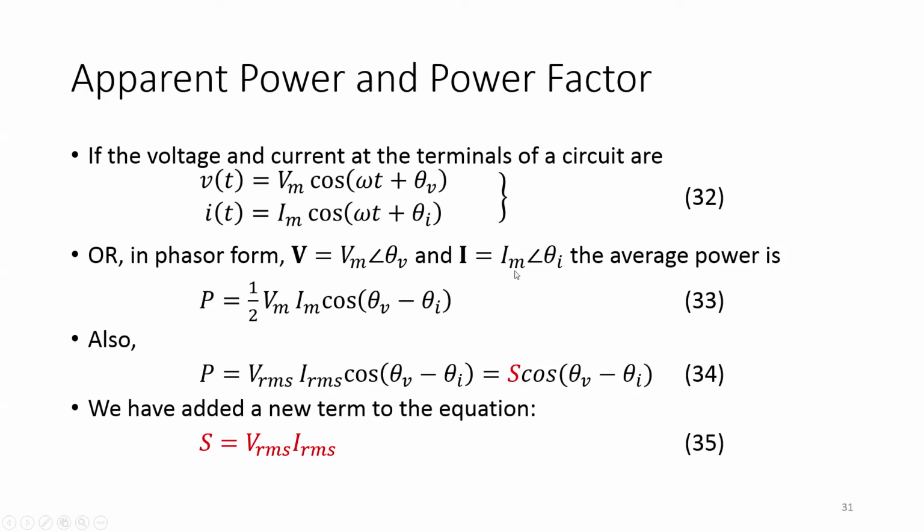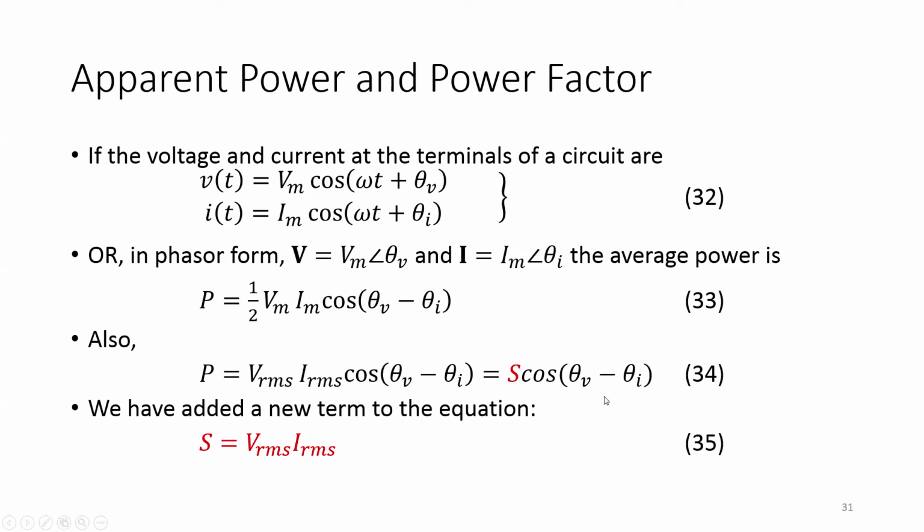So from our previous knowledge, we know that the average power is given by half of Vm times Im times cos of theta v minus theta I. If we put the value Vm divided by square root 2 and Im divided by square root 2, by splitting this 2 into square root 2 multiplied by square root 2, then we get the RMS value instead of Vm, and the half value will be removed. So in this case, the RMS value of voltage and current multiplied by the cos of theta v minus theta